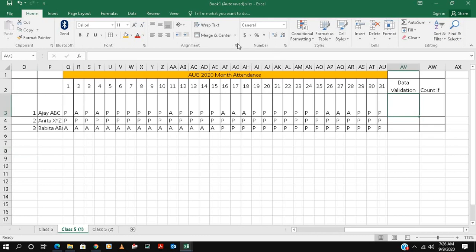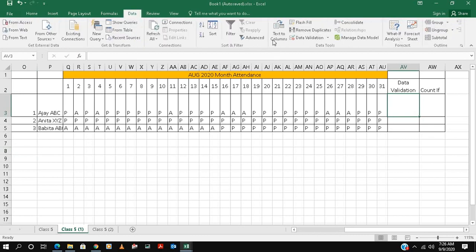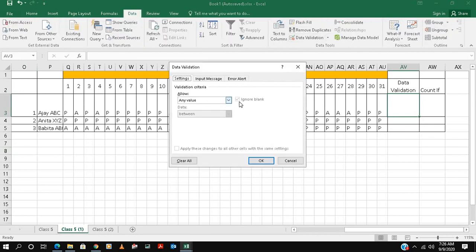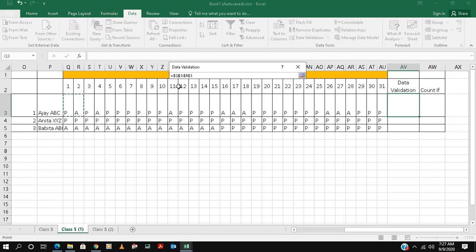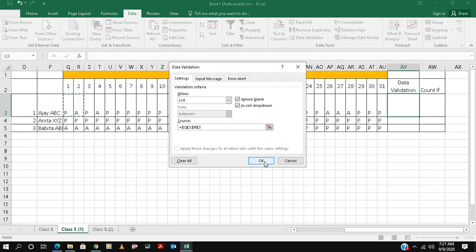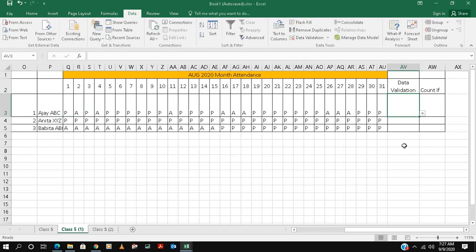You go to data validation, go to list, and then pick two, because there are two things, present and absent. You just put present and absent, and then you put the COUNTIF formula. So how will you do the COUNTIF formula?